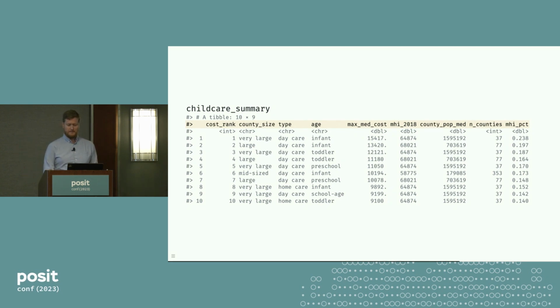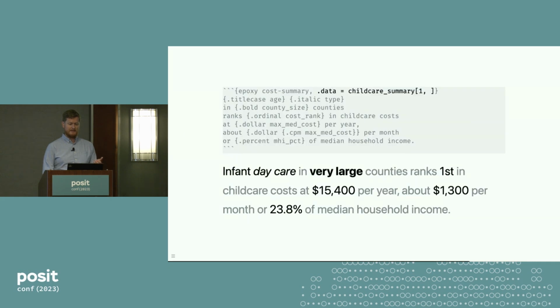So, if I would like to have this epoxy chunk use a data frame, say a row from the data frame, perhaps the first row from the data frame, I can use the .data chunk option and give it a data frame, or a row from a data frame. Here's the first one. This is the same stat that we saw so far.